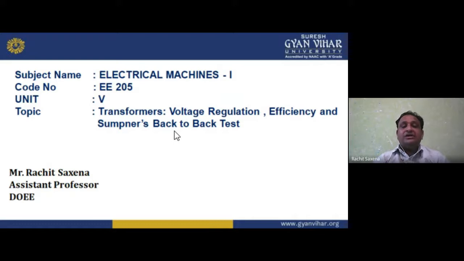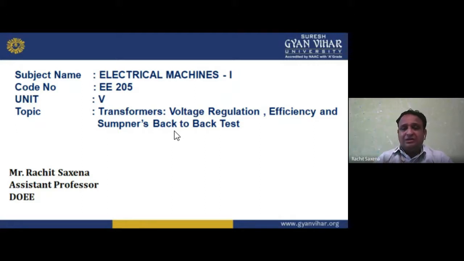Okay. Now, unit number 5 is known as the transformer. In this unit number 5, we are going to study single phase and three phase transformers. Previously we have studied the transformer. A transformer is an electromagnetic static device which is used to transfer power or energy from one circuit to another without changing its frequency.